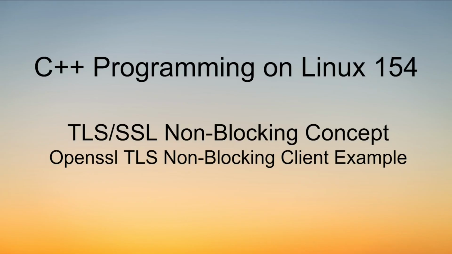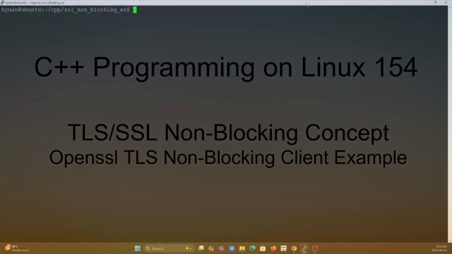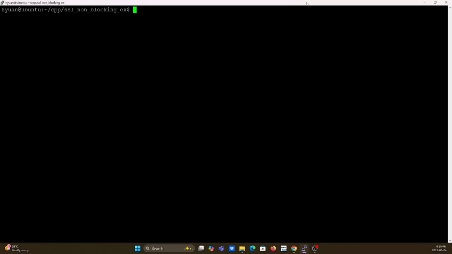You may have seen in our previous videos on TCP network communication concept, where all examples utilize the TCP blocking model. In this short video, we'll dive into the concept of the TCP non-blocking model. The example of this video will be updating an existing blocking TLS client C++ program to a non-blocking TLS client using OpenSSL TLS libraries. Here, the Linux environment we're using